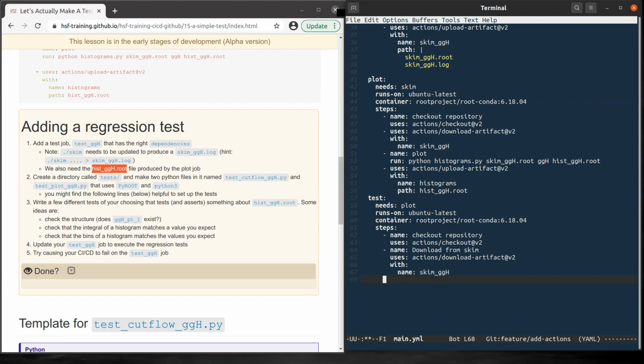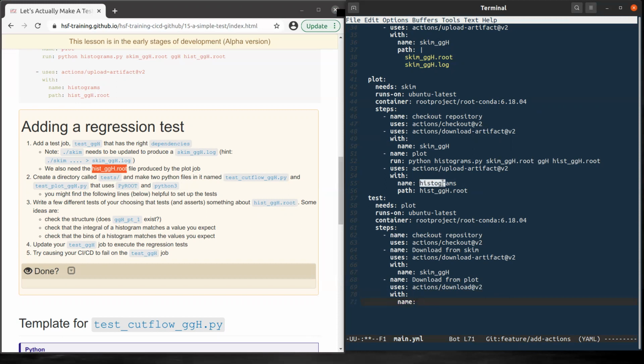Let's also download from now plot. Uses, we need actions download artifact with name.